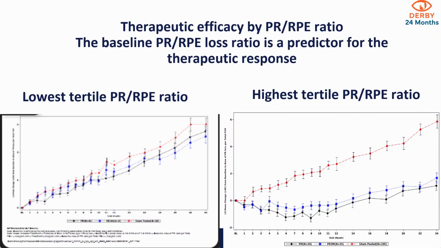Based on this photoreceptor RPE ratio, we could also predict the therapeutic effect. On the left, the lowest tertile for all of the groups. On the right side, you see that the highest tertile has by far the best therapeutic effect, while in the sham arm, which is seen in red, there is relentless progression. The treatment arms remain very low. So, a very important